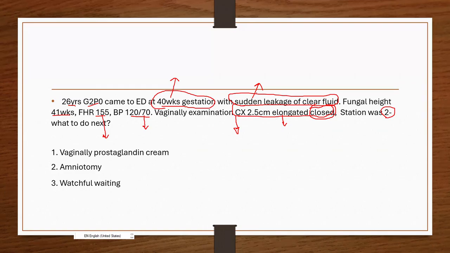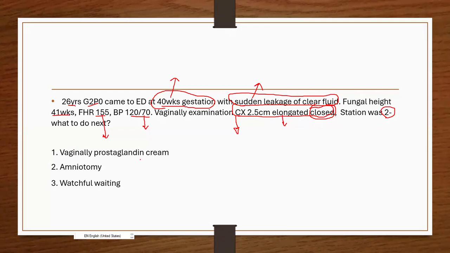Now here, you have a case of rupture of membranes. In a case of rupture of membranes, what is your worry? Your worry would be the risk of infection. You can't keep this mother for a long time because there's a risk of infection, as the membranes have already ruptured. But that doesn't mean you have to go and do a cesarean section and take the baby out. That doesn't mean that. Okay. So now, when you go through the answers,